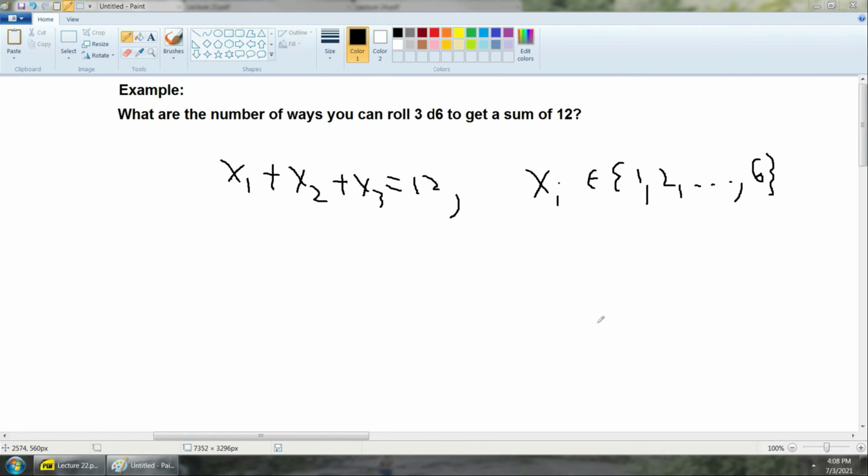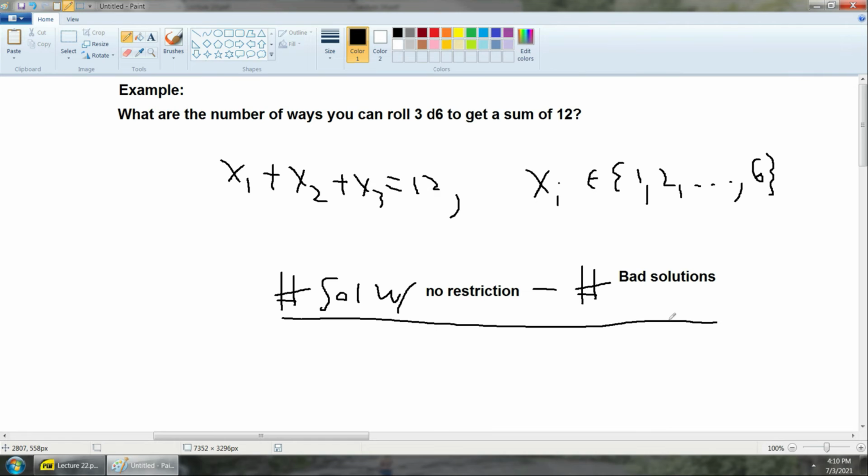Well, one way would be to use material that I haven't introduced yet, but I will introduce in lecture 23, called the principle of inclusion-exclusion. So what I could do is first find the number of solutions to this with no restriction, and then from here, subtract from that the number of solutions that violate my restriction. In general, there are times when you explicitly have to use this method. And even though we're trying to avoid using this method, you'll ultimately see that we need to use it for this problem as well. But we can do a transformation that reduces the number of bad solutions we have to